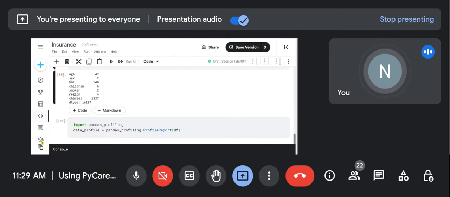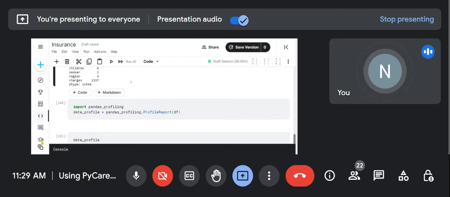Okay, so we can decide, okay, gender is a category, smoker is a category, region can also be, four types of values are there, so we can consider them, this is also a category part. Children has six values. In case of Python, when I implement, though it is a numerical value, yes, I can't say it's a category in general terms, but when I use it in Python code,